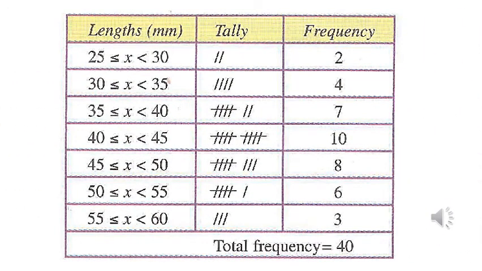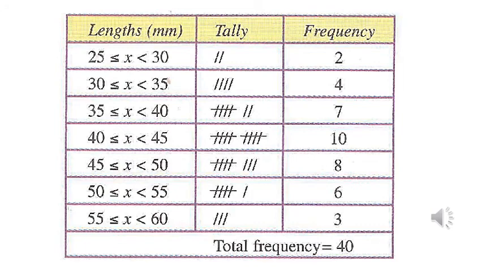Construct the frequency table using tally marks. There are 7 groups, 7 classes of this set of data. All the classes, all the intervals are equal. Class width is equal in all the classes. The difference of each class is 5, so the width of each class is 5. In the range 25 to 30 there are 2 leaves, and in the range 30 to 35 there are 4 leaves, and similarly complete all the rows.